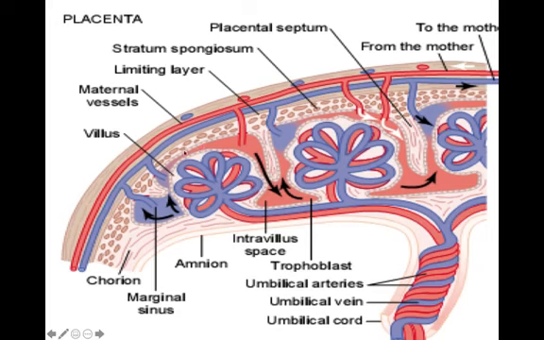Here you can see this is where the maternal blood is, this is the arterial end, this is the venous end, and at this place in the villi there are the vessels which are known as the fetal vessels, and in this there is fetal blood. Though there is a diffusion from mother to the fetus and the fetus to the mother accordingly, they don't exactly mix with each other. It is because of this placental barrier which is present here. So this is the final structure of the placenta.